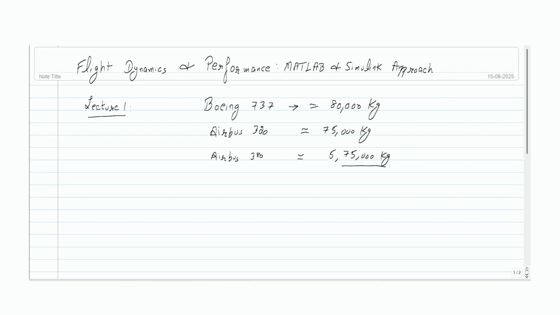The idea behind telling you these numbers is that I want you to appreciate the amount of the upward force, or the lift, which I'll be talking about in depth in later classes. The amount of upward force required for these heavy bodies to lift in the air is colossal. It's very huge. And since we are talking about fixed wing aircraft, most of this upward force is created by,